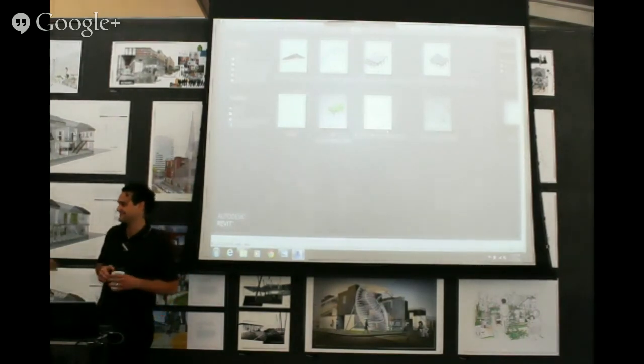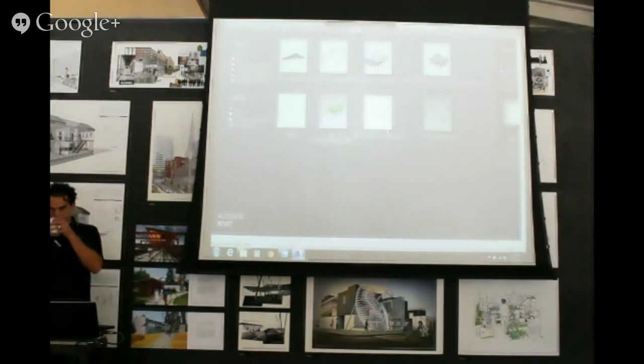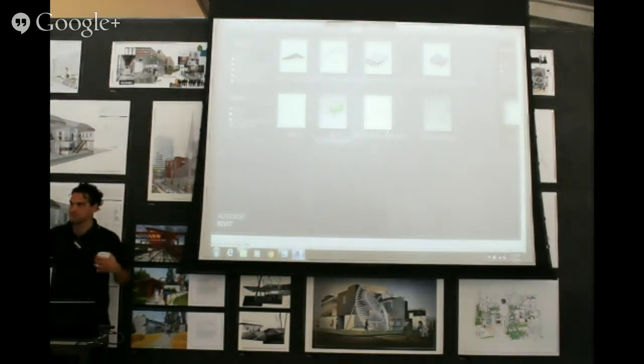Hey. I have a question. So, I have a hard time applying this to my workflow right now. Like, when you decide to use Dynamo, is it only for complex shapes, or whenever you can't do it in Revit? So it's not goal, or it doesn't have a goal. It just